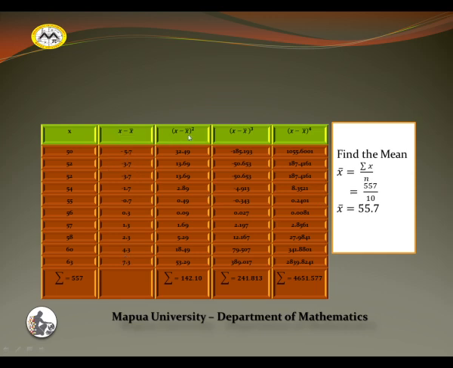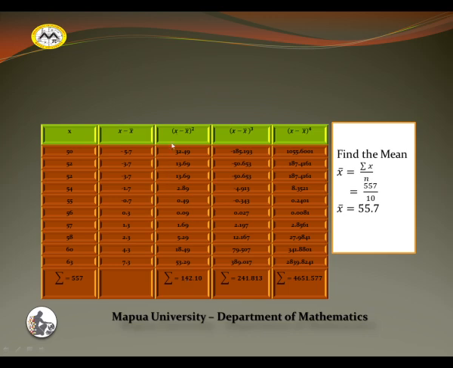And then we have to find the square of this difference of the score and the mean. So negative 5.7 raised to square is 32.49. And then we raise to cube, in order to have a column for the cube, so negative 5.7 raised to cube is negative 185.193. And then for the fourth power, negative 5.7 raised to the fourth is 1055.6. Then all we have to do is just continue and then get the total.